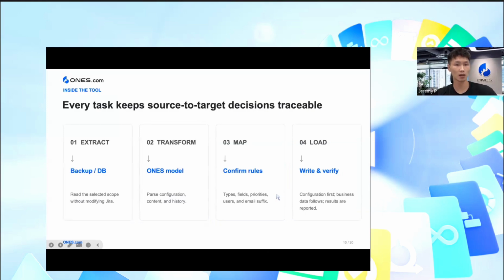It has four parts. First, it will extract the source data from a backup package or directly from the database. And then it will transform the data into the Once data model. We can review and confirm the mapping rules during the migration process. And then finally, the tool will load the data into Once, and we can verify the result in the Once